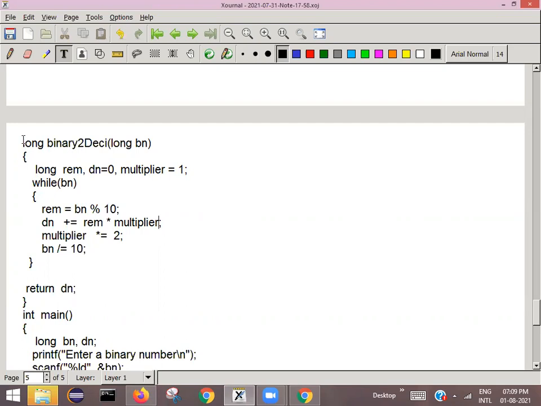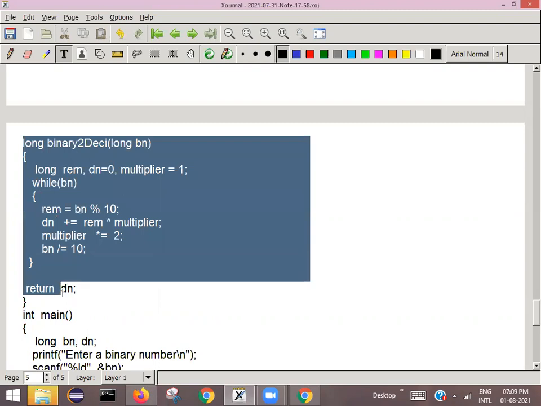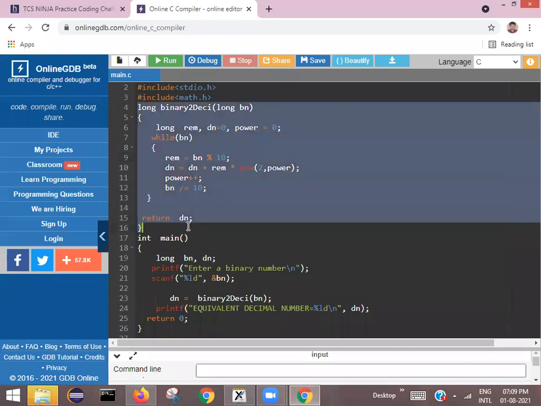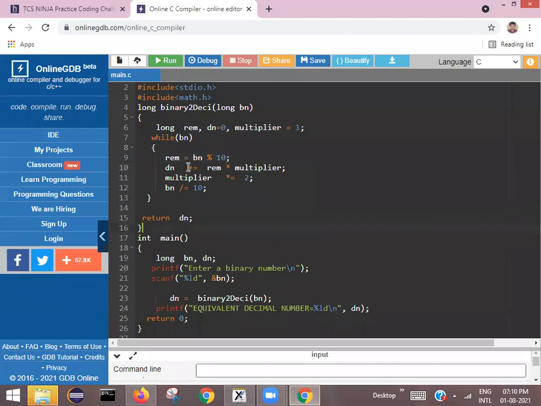Quickly, let me just add only this function. Let us see whether our code works properly or not. Now see, dn is equal to dn plus remainder into multiplier. I have not got any reply. Can I use it like this, dn plus equals remainder into multiplier, instead of writing dn is equal to dn plus? Yes, this we discussed, I think, in the last class. Kavya said yes, then Kavya said no, two answers. What about others? Quickly, come on, friends.